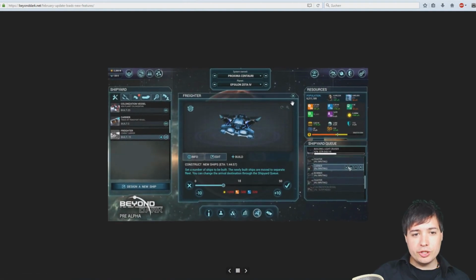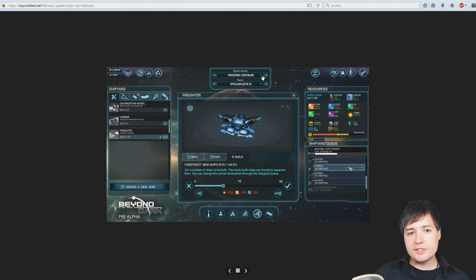So let's click it. What you can see here is the system Proxima Centauri with the planet Epsilon Zeta. And I think this planet is probably a very, very big one with much industry on it. And you can see here the shipyard is selected. And there's a couple of different categories which you could click. And I think he's got the category logistics or something selected here, where you could get colonization vessels, carriers, and